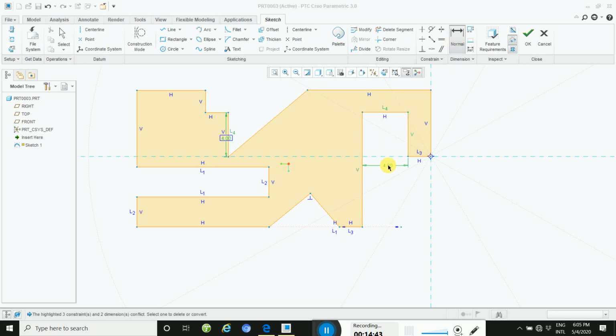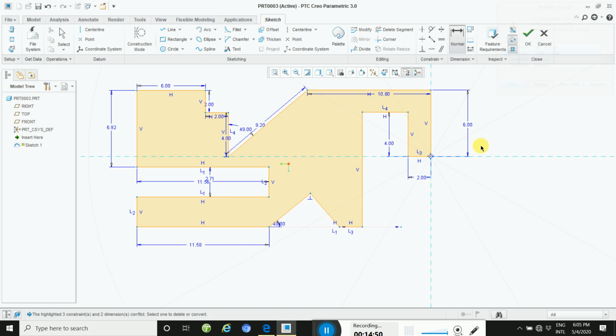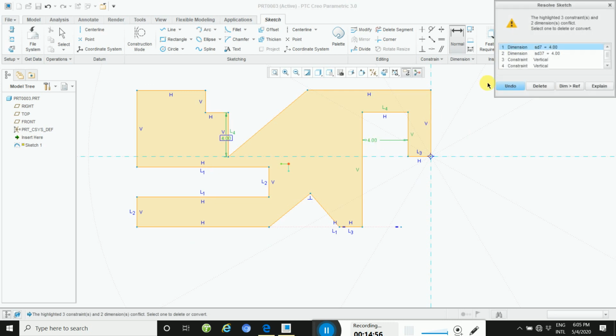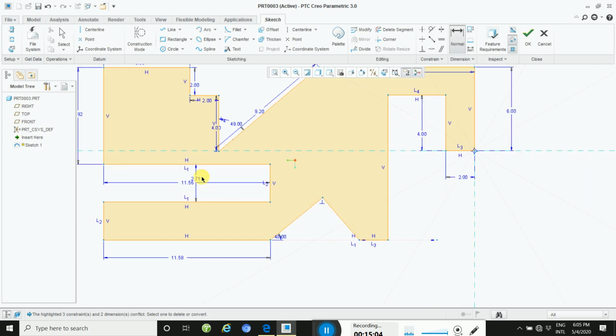Creo is parametric software. This way, and take this dimension, I think change.